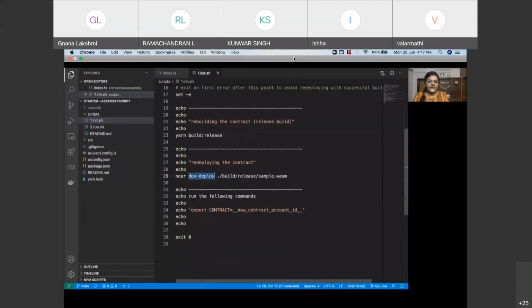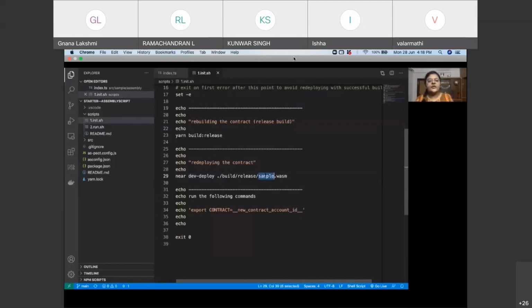Now near dev-deploy creates temporary account IDs for us on which the contract can be deployed. It is important to note that each account in NEAR can hold only one contract, 1 or 0 contracts, but maximum it can hold one contract. Now, to avoid all the hassle of creating testnet accounts, the dev-deploy command automatically creates an account ID for us where this particular contract will be deployed.